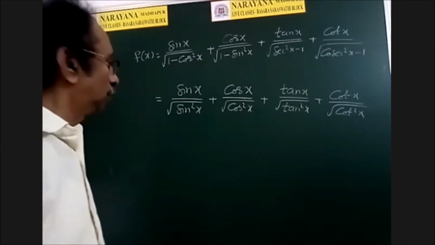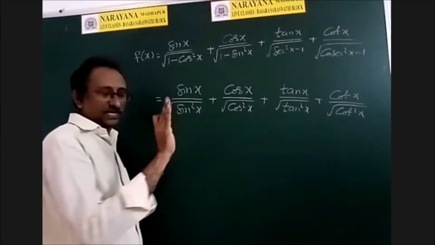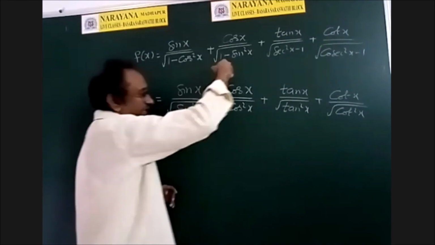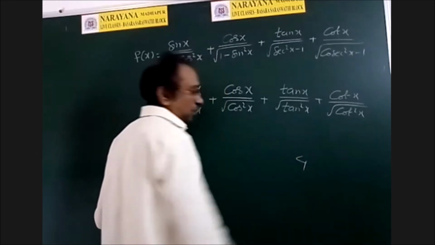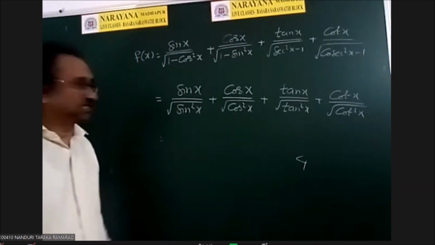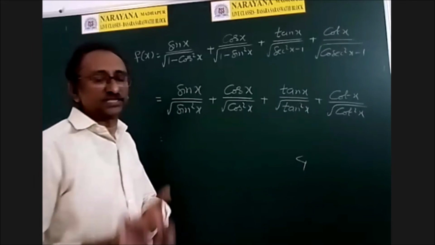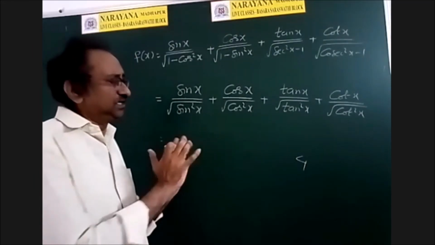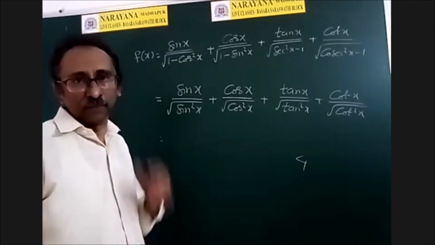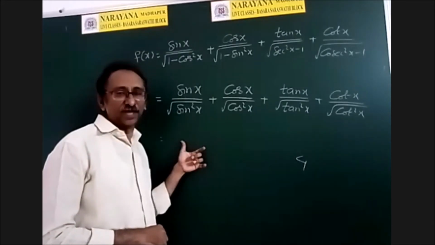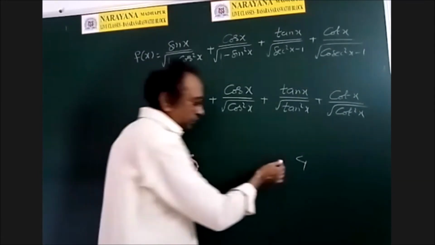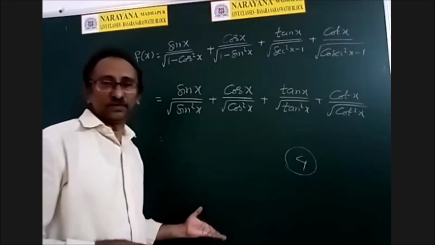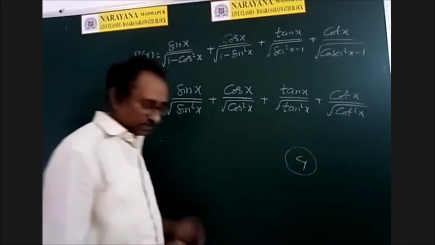Mod x. So here root sin square x cannot be written as simply sin x. Suppose if it is sin x by sin x, cos x by cos x, all will be cancelled. 1 plus 1 plus 1 plus 1. The answer is 4. That is a constant number. He is asking about the maximum value. Of course, the maximum value is 4. So accidentally the answer will be 4. But suppose he asks about minimum value, you won't get minimum value. Simply you are getting constant 4 only. Then you think that it is always 4. Therefore, maximum is 4 and minimum is 4. But that is not the case.